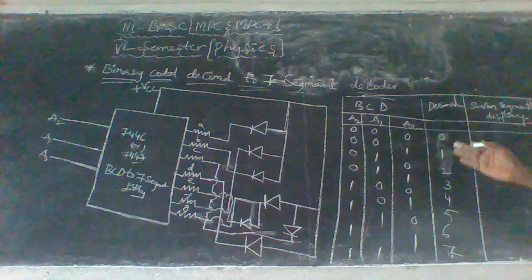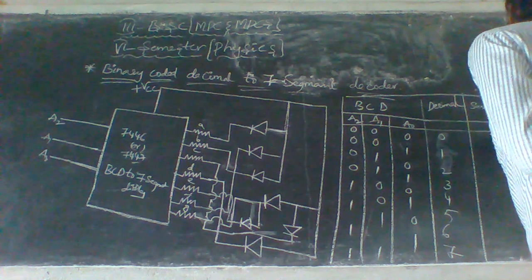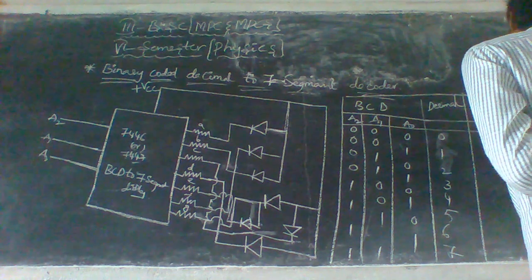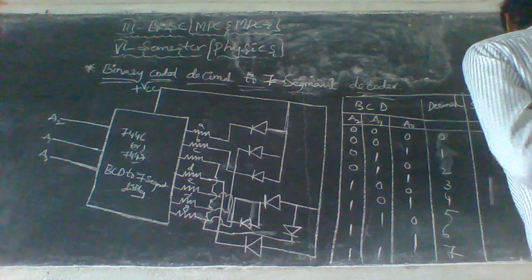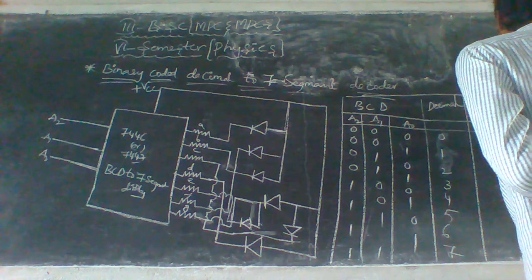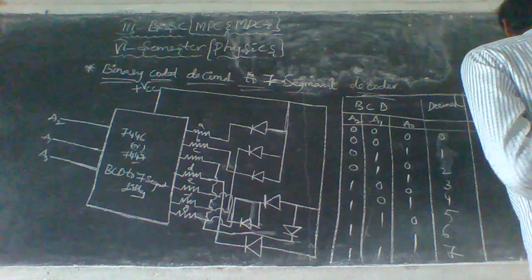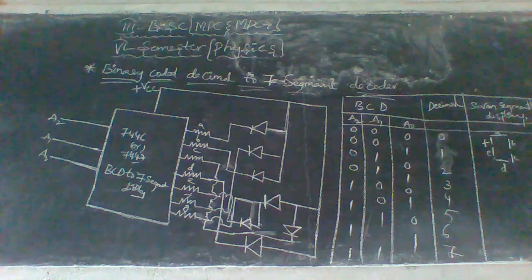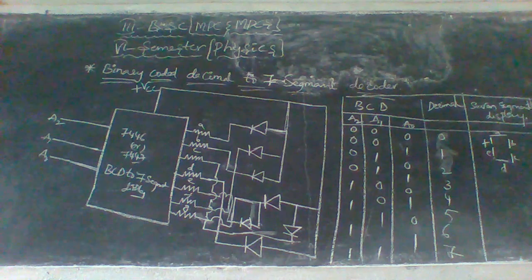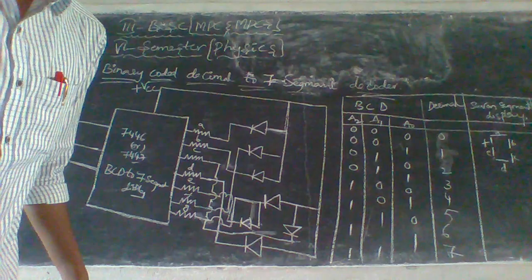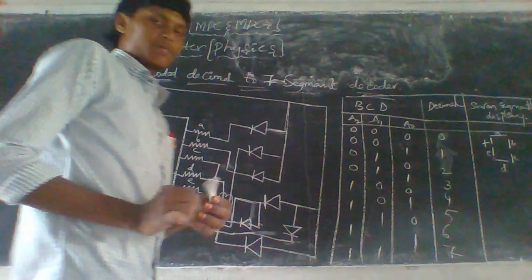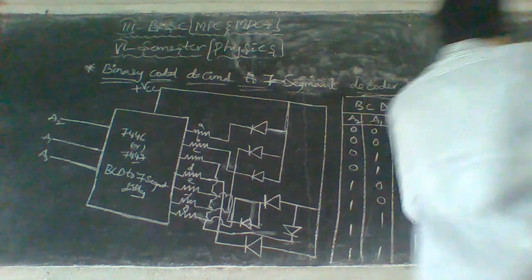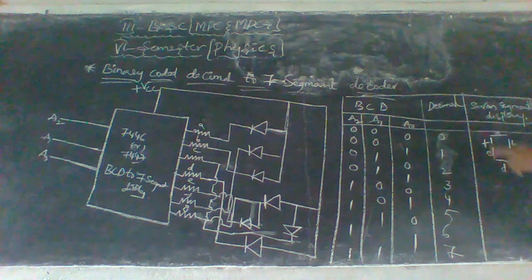Okay, so here the 0 will be displayed on A, B, C, D, E and F. So 0 will be displayed on A, B, C, D, E, F